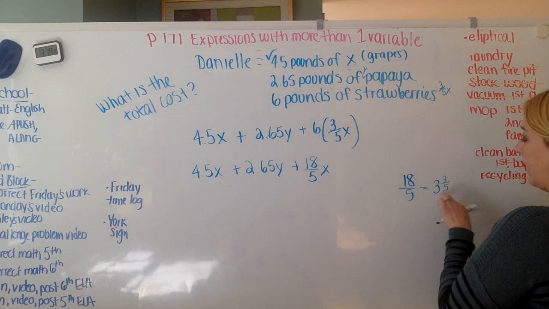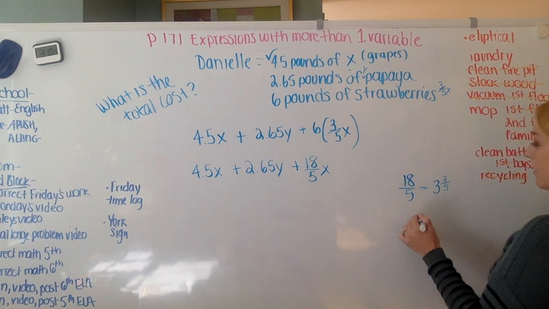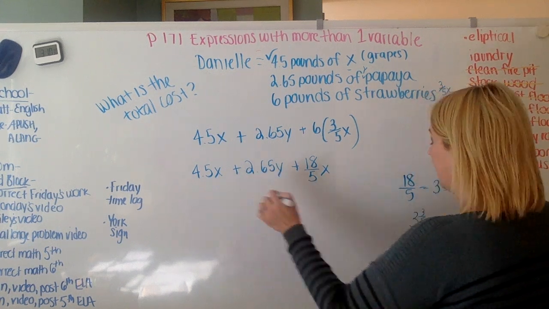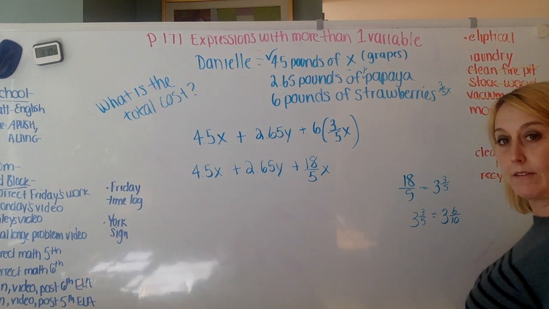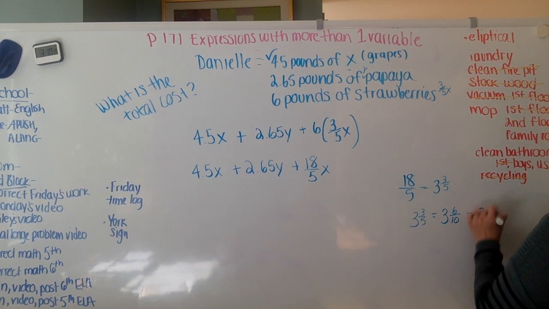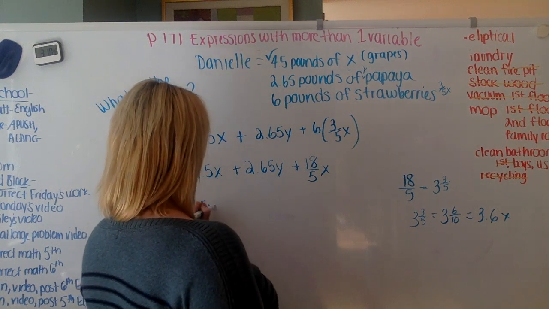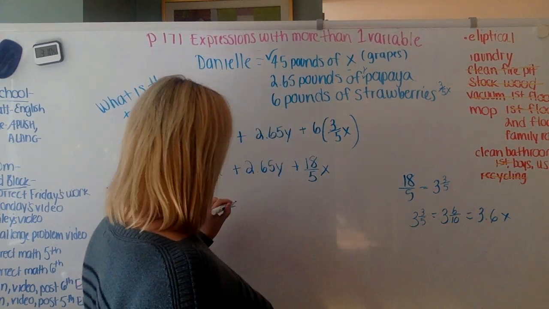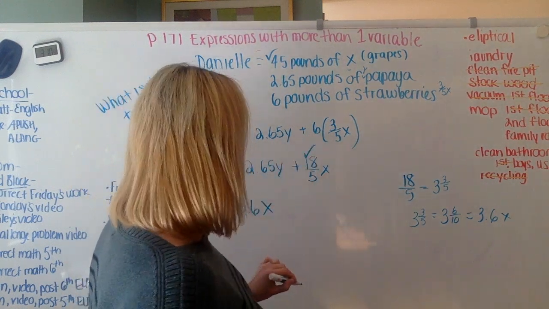And I could double check my work. 5 times 3 is 15 plus 3 is 18, 18/5. So 18/5 equals 3 3/5. And 3 3/5, since this is in tenths, can easily be written as 3 6/10, which can be written as 3.6, right? Make my life easier here, but it'll be 3.6x. So I come back over here, 4.5x plus this 18/5 x, I'm going to write as 3.6x, so I took care of that one, plus